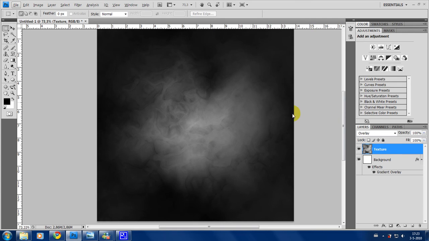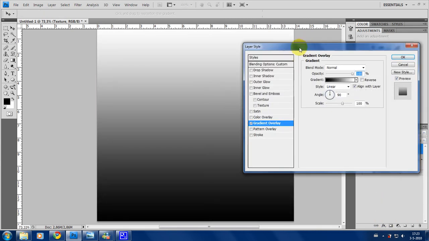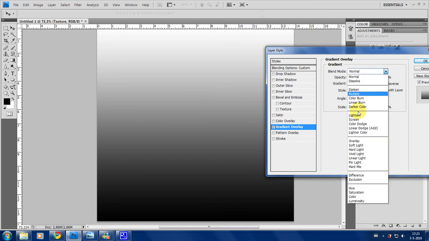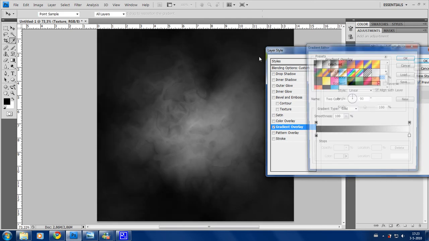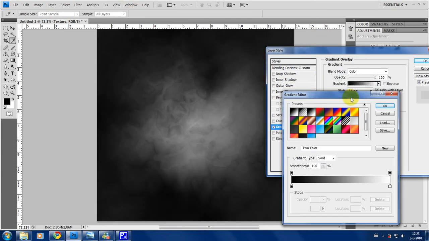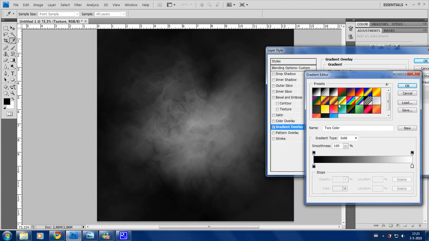Now to give it some color, with your texture layer selected, go to add a layer style and choose gradient overlay. Set the blend mode to color and let's click on the gradient to open up the gradient editor and choose a gradient to give it some color. For this tutorial, I'll create a new gradient, and to do that we're gonna use